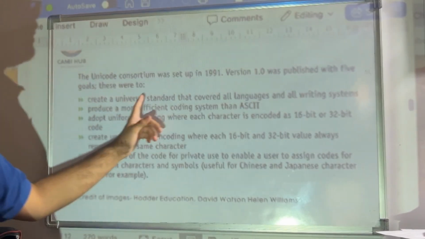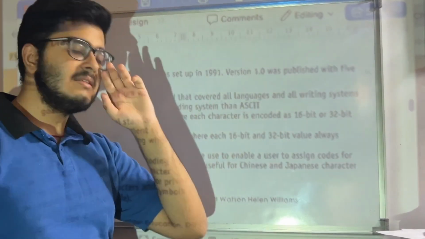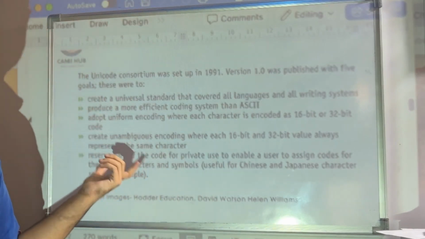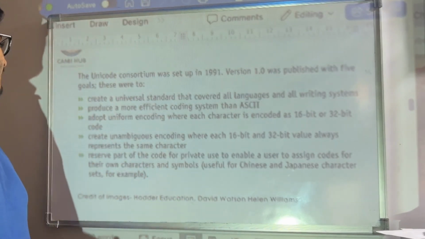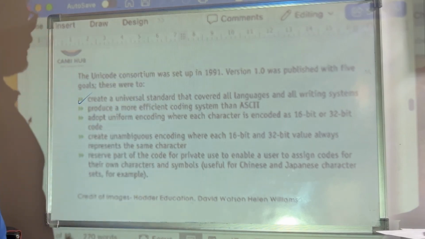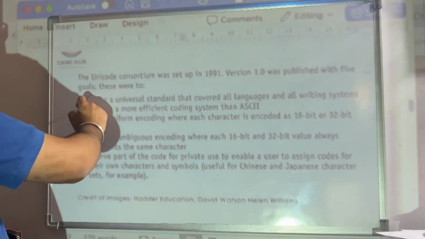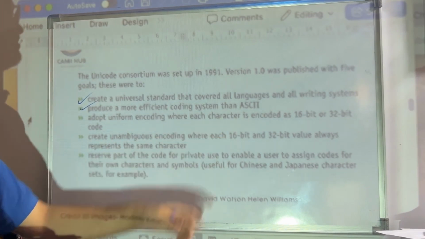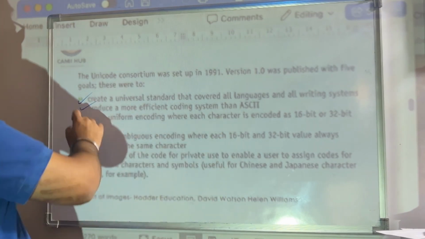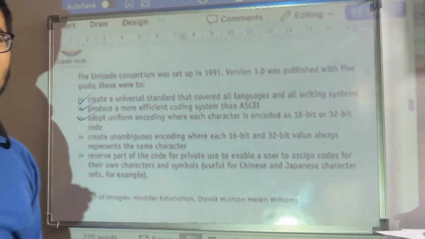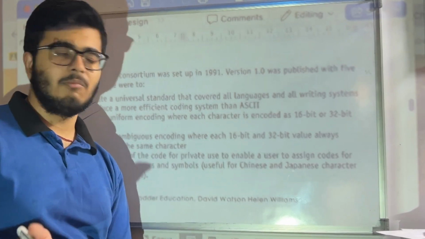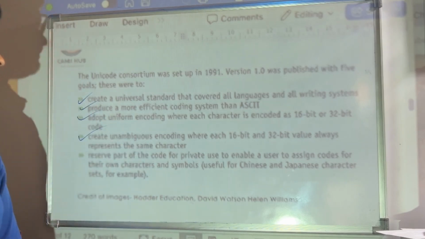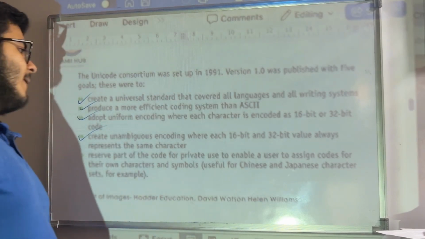Firstly, to create a universal standard which covers all languages. See, ASCII was American, so it would only cover English. But then we have more languages in Unicode, right? This is the first reason. Second reason, produce a more efficient coding system. So Unicode is more efficient than ASCII. Adopt a uniform encoding where each character is encoded as 16 or 32 bits, right? So we know in ASCII and extended ASCII it is 7 or 8 bits. This is 16 or 32 bits, right? Create unambiguous encoding, right? Which means,